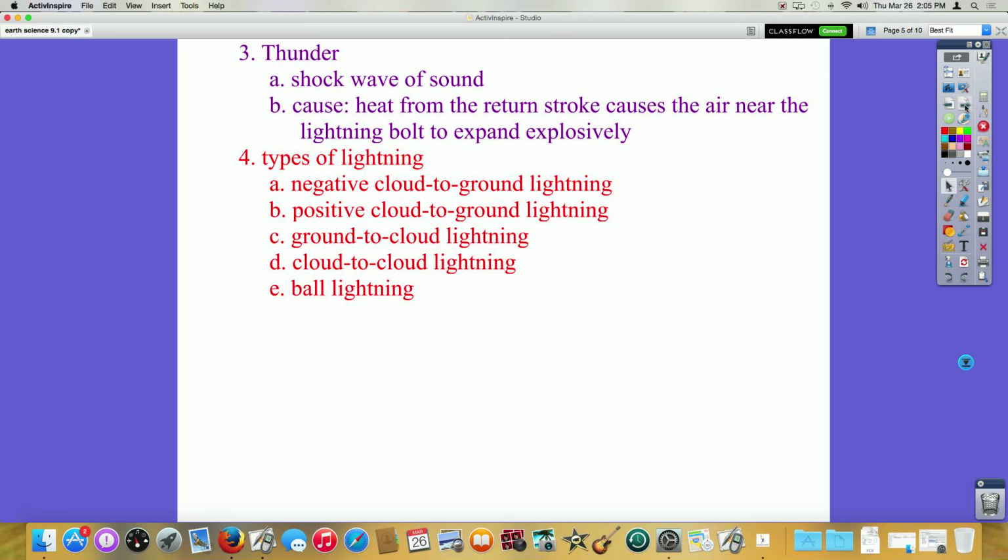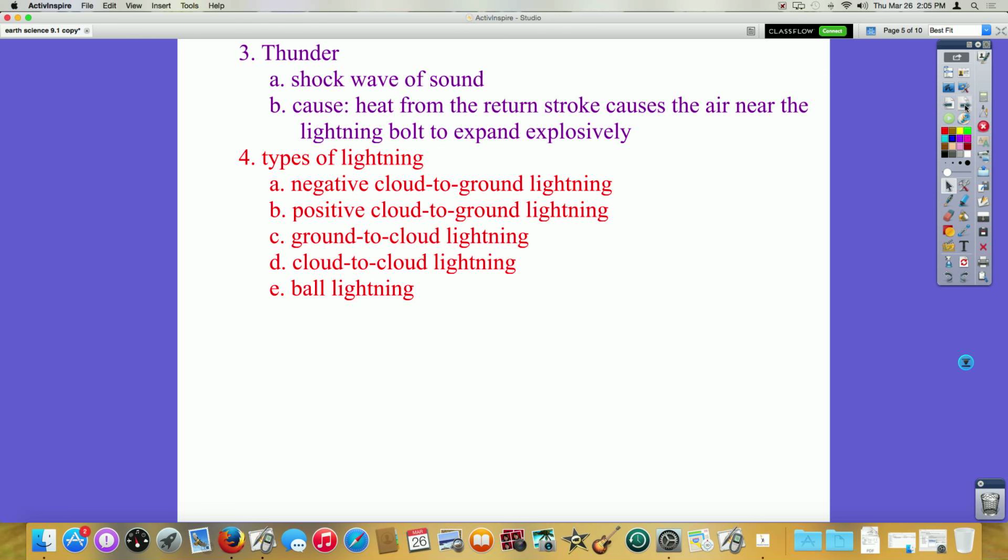Because light travels faster than sound, a lightning flash is seen before the thunderbolt is heard. You can tell if a thunderstorm is moving towards you or away from you by counting the seconds. You see the lightning bolt, 1, 1,000, 2, 1,000, 3, 1,000. There's the thunder. Another lightning bolt happens, 1, 1,000, 2, 1,000. You hear the thunder. You know it's getting closer to you.